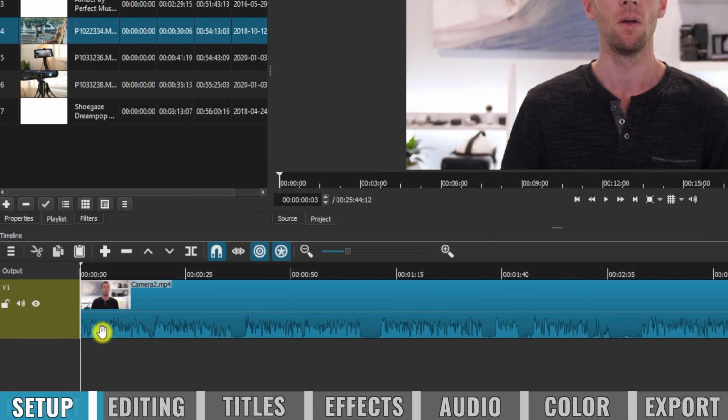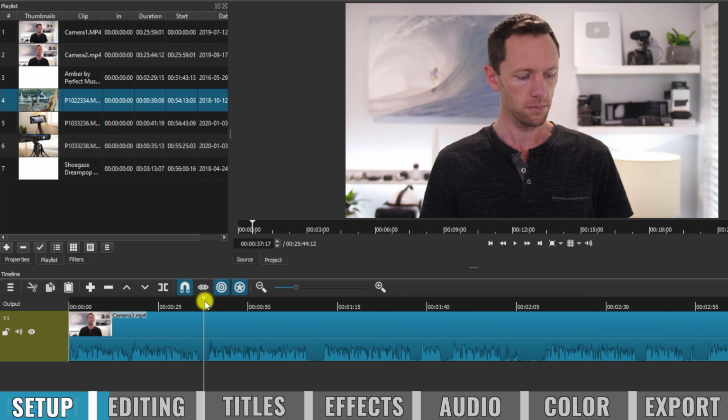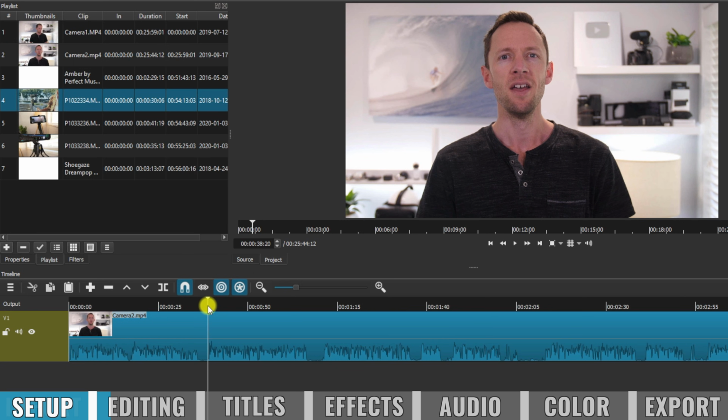Now what I like to do here is look at the audio waveforms, and you can see the flat pieces are where I'm not actually talking. So maybe I'd made a mistake here and then I was thinking about what to say, and then here's where I started again my next attempt at that paragraph or sentence. So it makes it really easy to see the pieces where you are actually talking and the pieces that you're not, which again, it's going to make it really easy for you to go and find these bits to remove